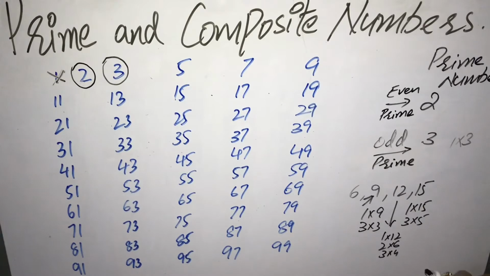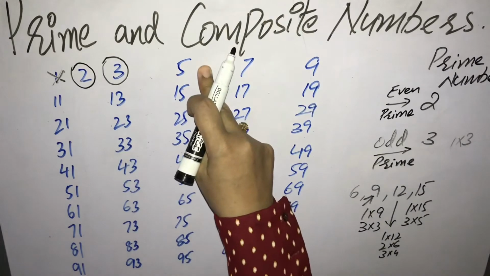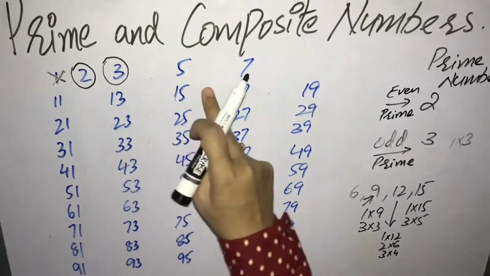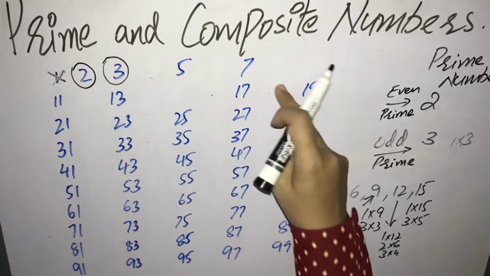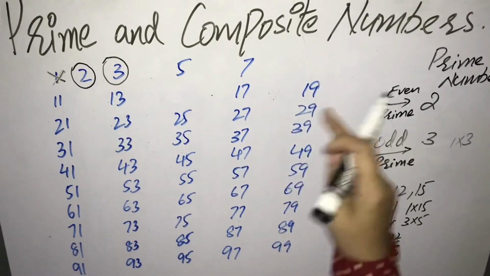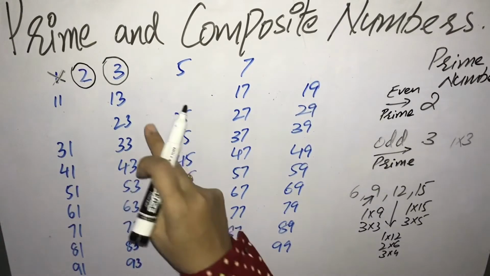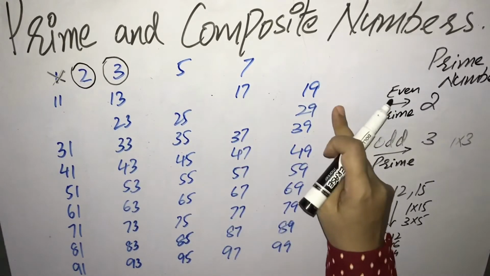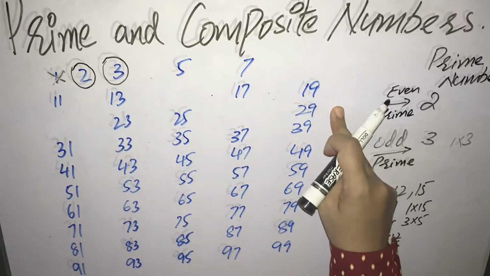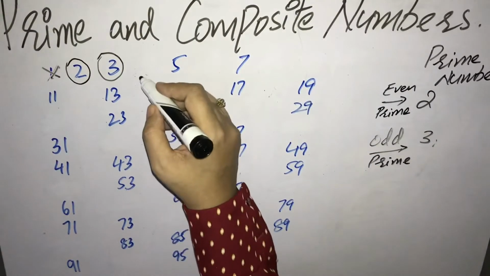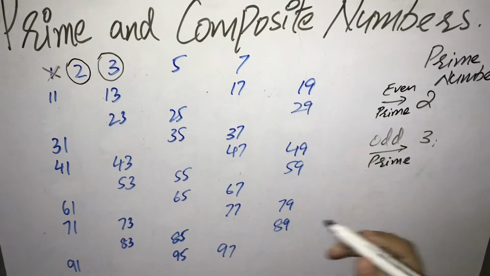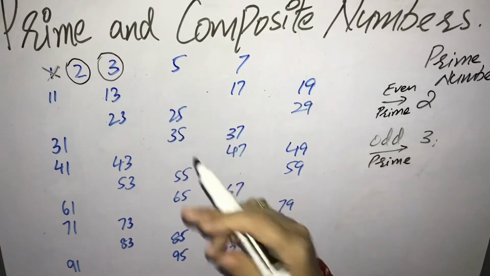So now I am going to erase all the multiples of 3. 3 2s are 6, already erased because it was even. 3 3s are 9, 3 4s are 12, even. 3 5s are 15, 3 6s are 18, even, already erased. 3 7s are 21, 3 8s are 24, already erased, even. 3 9s are 27, 3 10s are 30 and so on. After 3, the next number is 4. 4 is an even number and is a multiple of 2. 2 2s are 4. So 4 was a composite number.